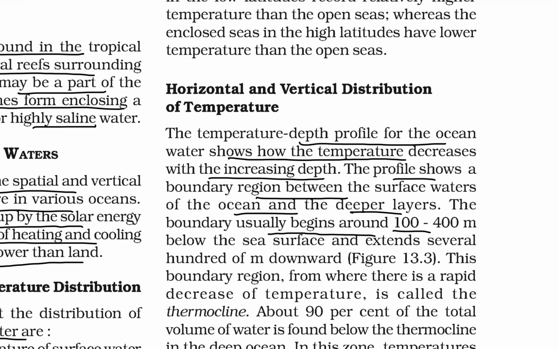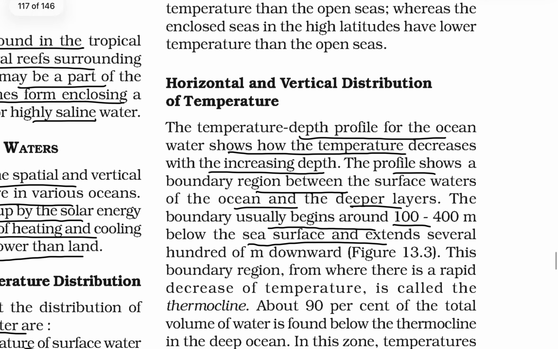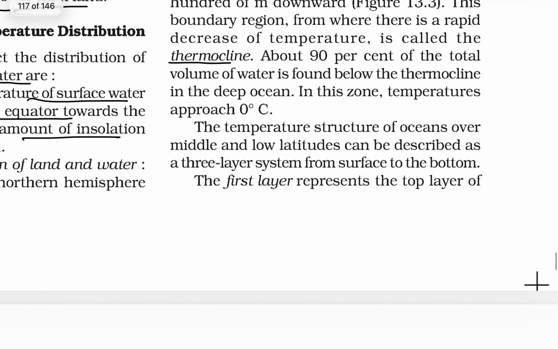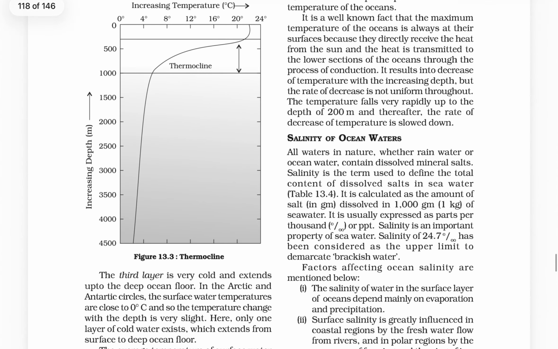The boundary usually begins around 100 to 400 meters below the sea surface and extends several hundred meters downwards. This boundary region is marked by a rapid decrease in the temperature. This is known as the thermocline. So what a thermocline is,